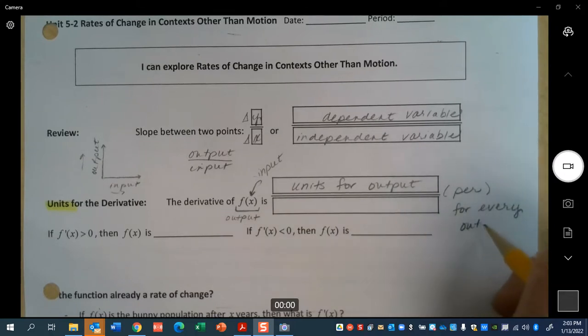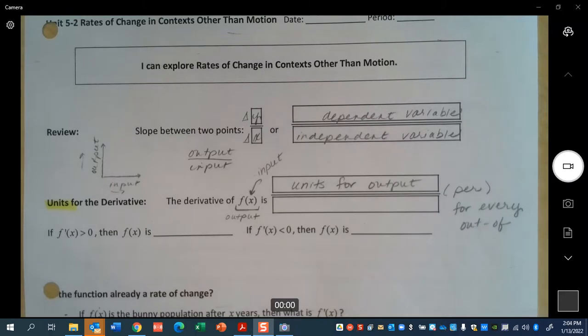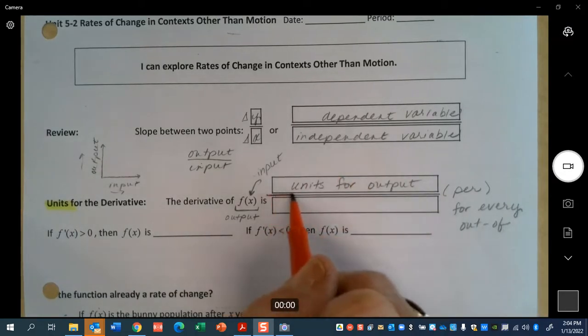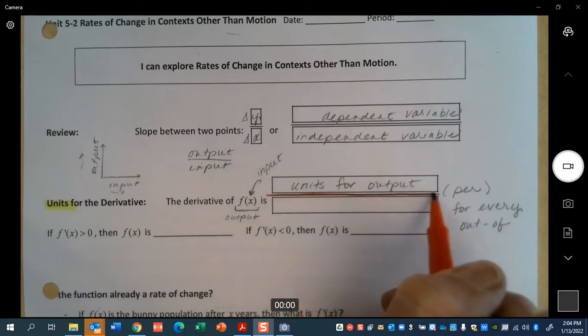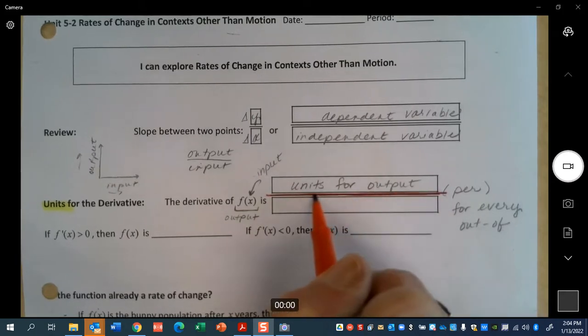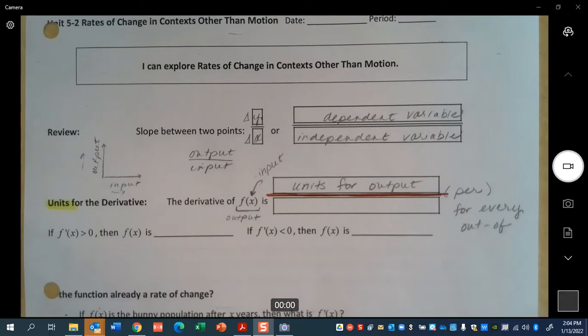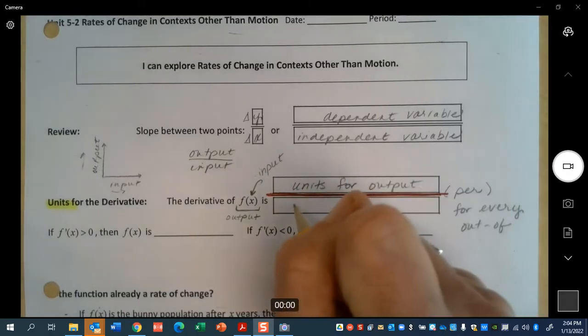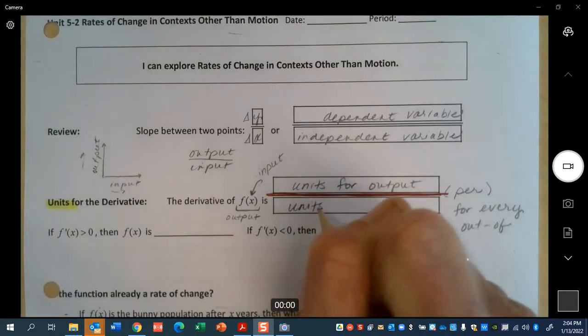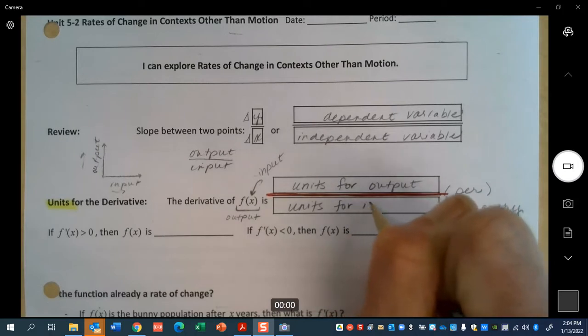Sometimes we talk about it being an out of. But that line that represents division is a huge conversation, because that's what gives us that ratio. That's what gives us that comparison of two numbers using division, and it's going to be compared to our units for our input